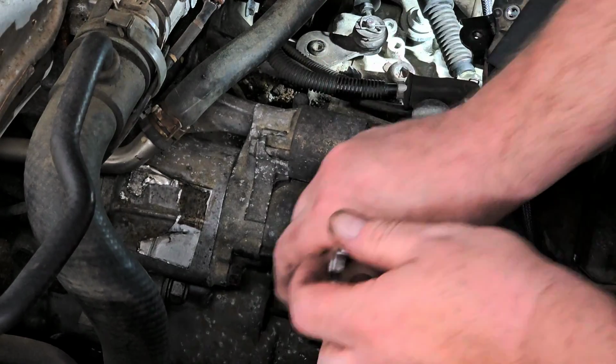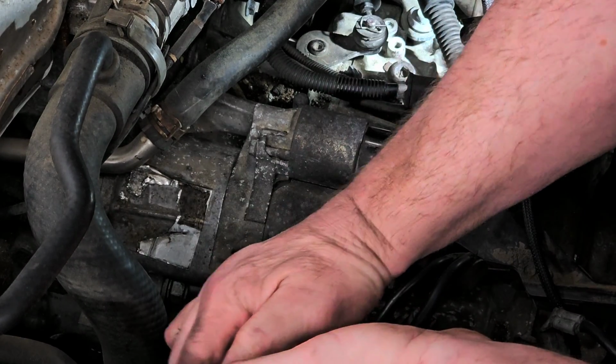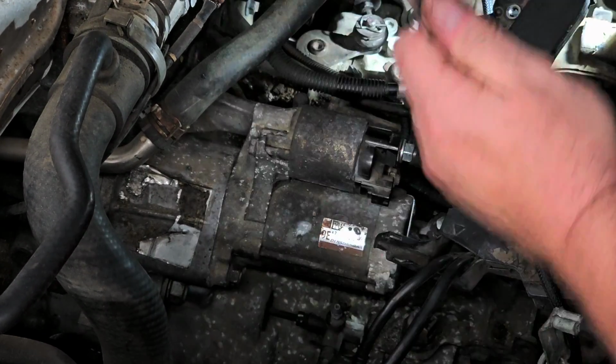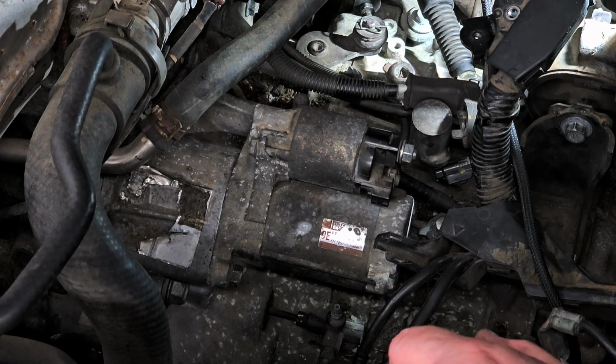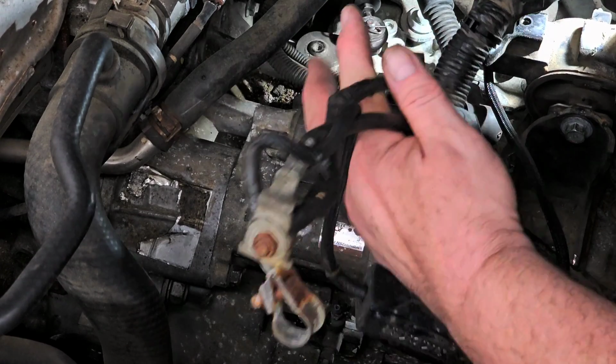Because I've seen people snap ears off of things that are 2-bolt. And I've done it on thermostat housings, you know, way back in the day, like on old GMs, where it has the 2 bolts holding the thermostat housing down to the manifold, and I've actually snapped it off. So,